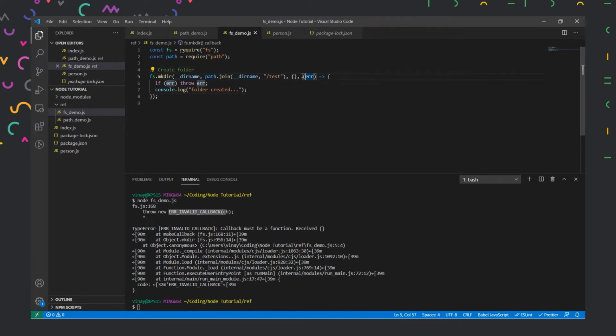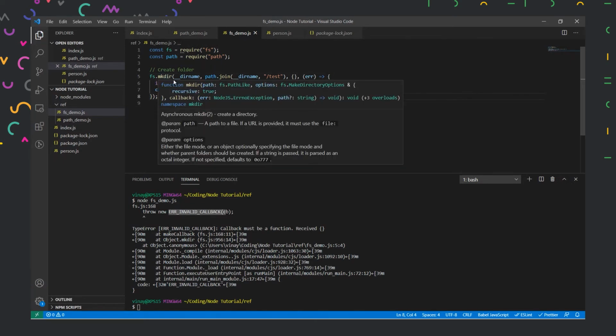So now we will check whether our function is declared properly. Here we are passing the parameters. Here our function is starting, and then we have an if statement where if there is some error, it will throw, or it will just console log folder created, and this seems to be correct now. Then let us check our mkdir function.